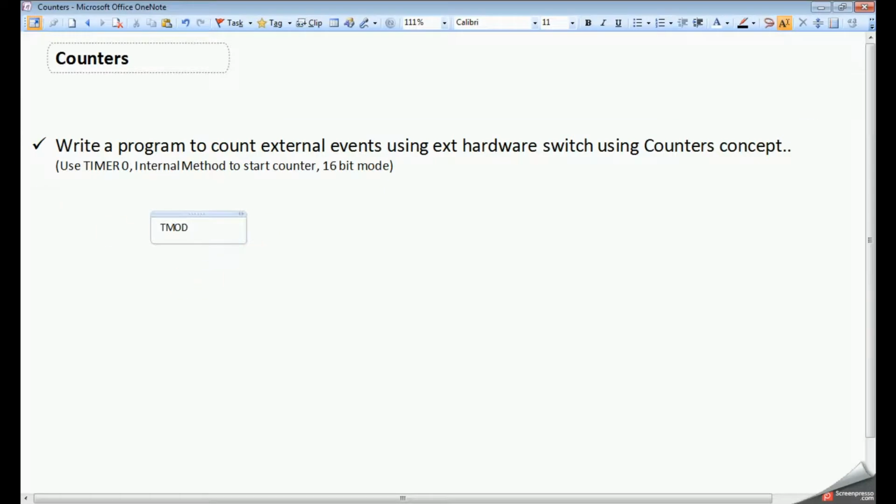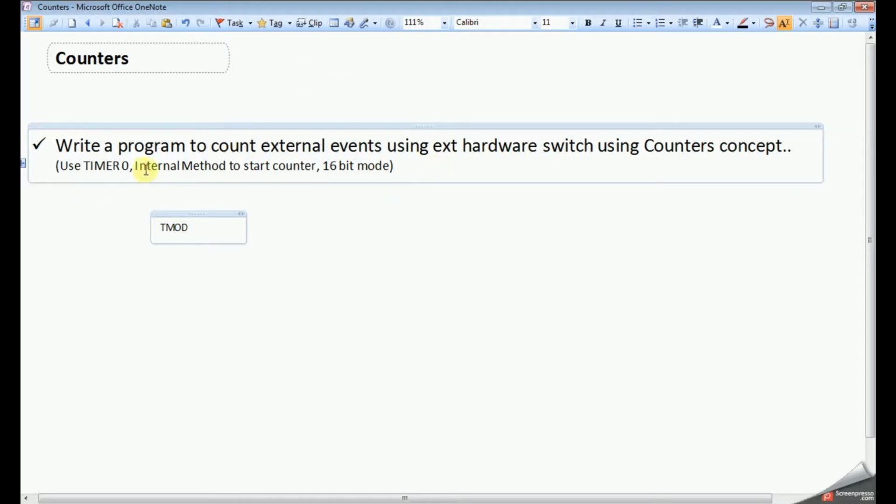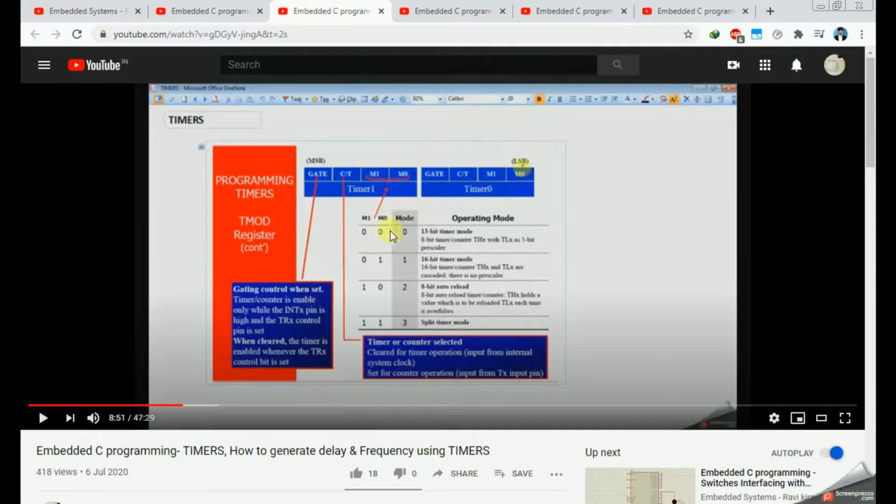If you see TMOD here, I'm going to use timer 0, so all the left side bits will be 0. Then the gate will be 0 because we have to use internal method as mentioned here. And mode I am going to use 16-bit, that means 0 1. So these bits will be 0 1 and C by T bar will be 1.